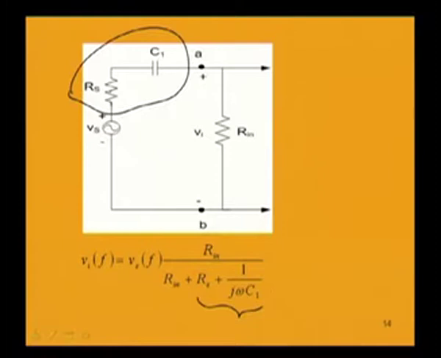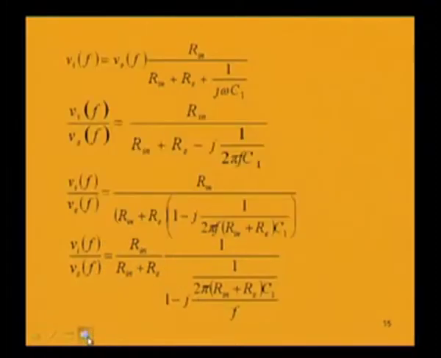Simplifying this expression a little further, we get Vi equal to Vs into Rin by Rin plus Rs plus 1 by j omega C1 can be written as,